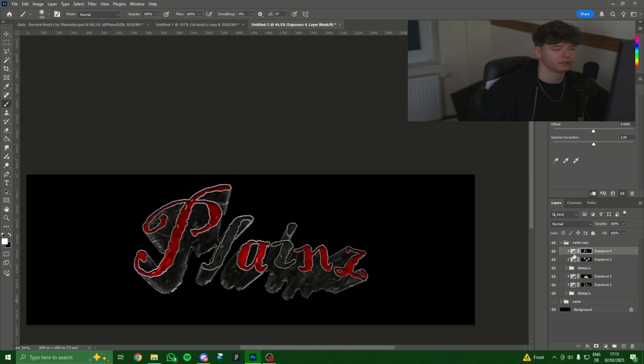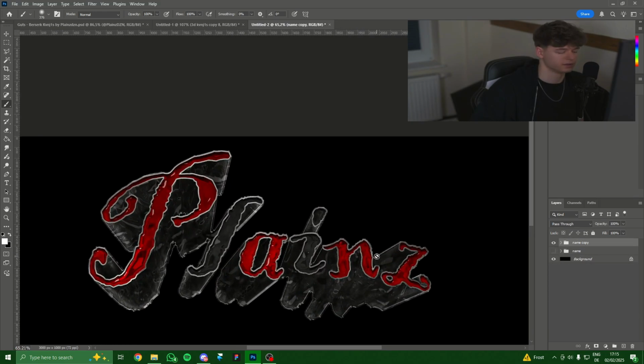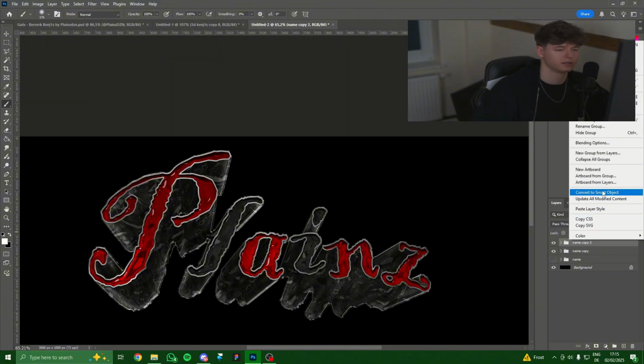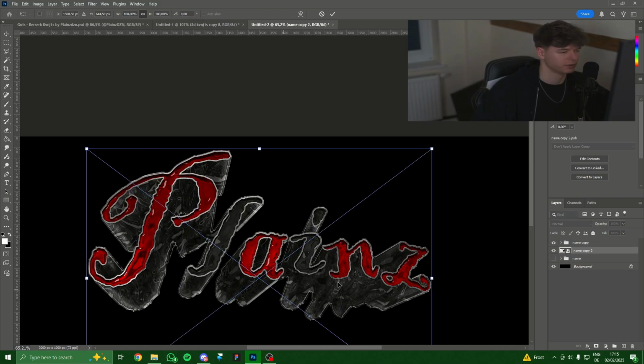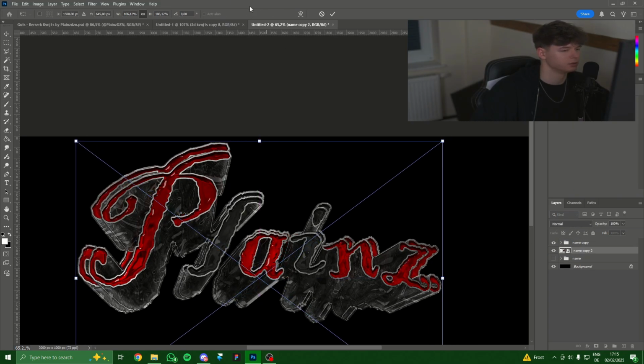There we go. Now we have all of these layers combined or grouped together already, so press Ctrl and J to duplicate everything and then convert it to a smart object. Now drag it below the layer you had before, make it only a little bit bigger,